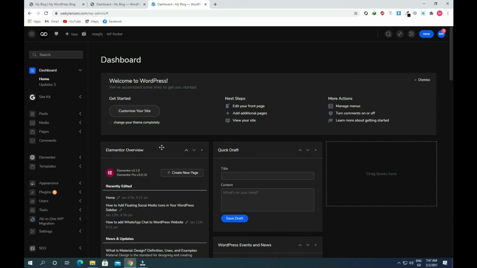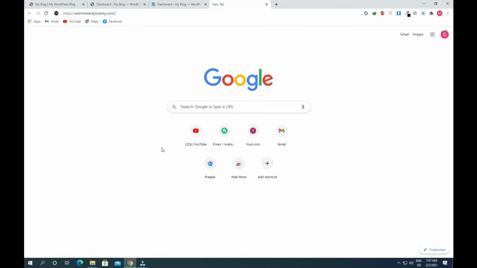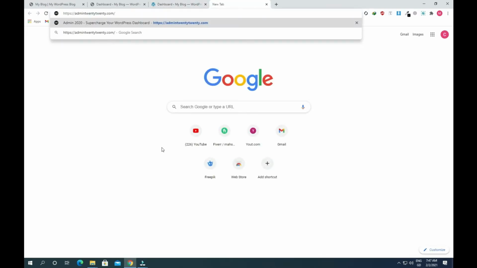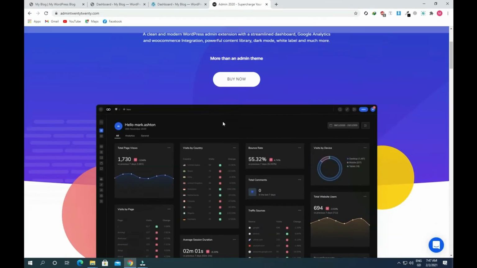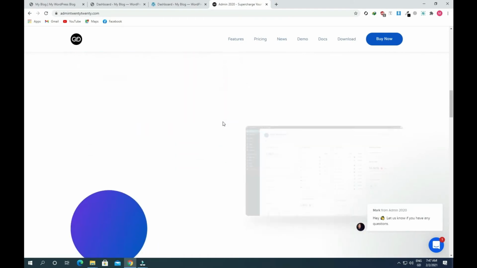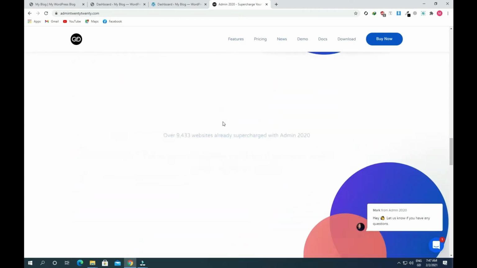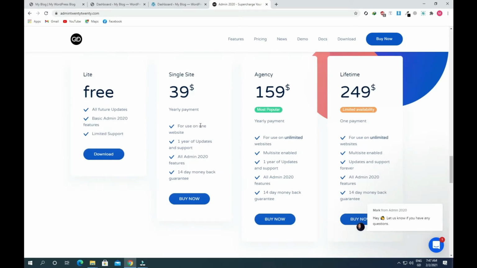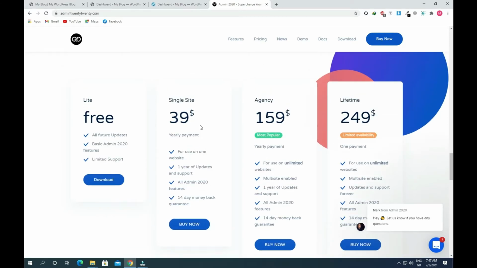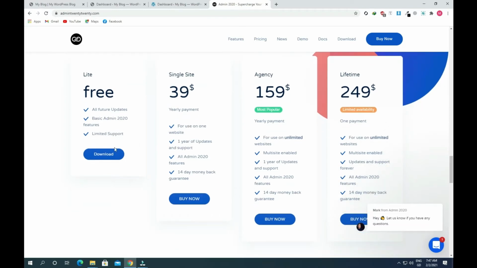Just open up a new tab and search for Admin2020. Now you'll see a site here. Just scroll down and now you will see that there are four kinds of packages present here. You can choose one if you can afford it, otherwise if you are a beginner you can choose the free lite version. Just click on the download button